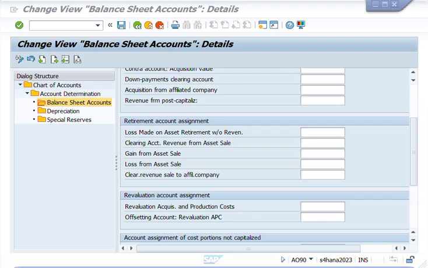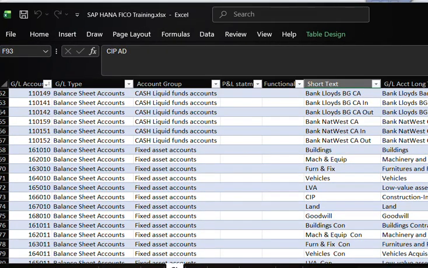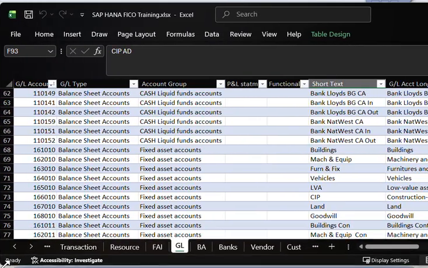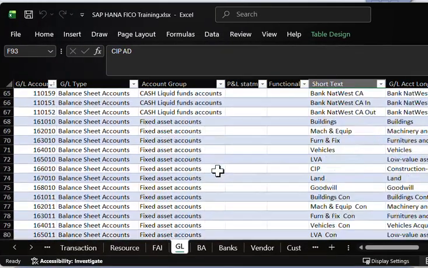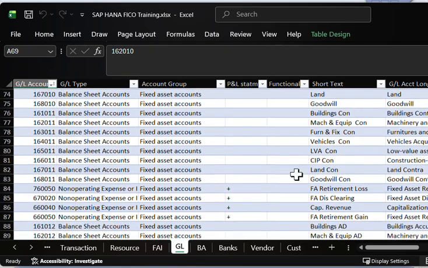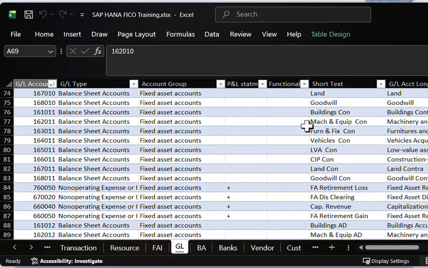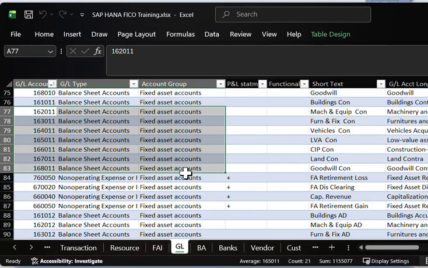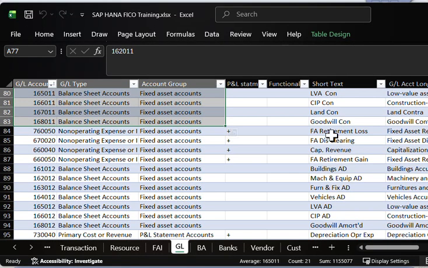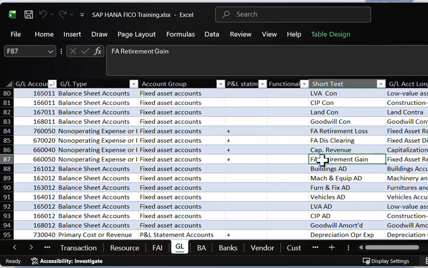So I have prepared a list. I have my Excel. These are the list of GL accounts that I'm going to create. So I have to show you first the GL list. So these are fixed assets. So these are the asset accounts, building, I'll be doing it all, building machinery, equipment, and then the related contra asset that we'll be putting in, and also our retirement loss and clearing accounts, capital revenue and retirement gain, and